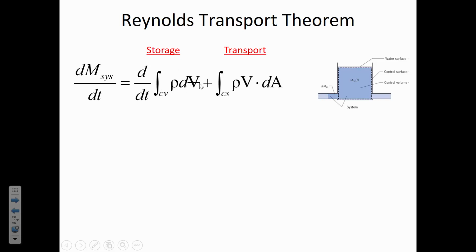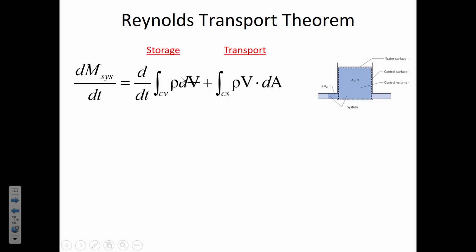The V with the cross through the center of it, that is to be distinguished from this V, where the V with the line through it, that is volume. And just the other V, if you see both in an equation, the other one would be velocity. And so in the storage term, this is saying what we're keeping track of is some change in volume over time in the control volume. And if we multiply that change in volume by the fluid's density, then we turn that into a change in